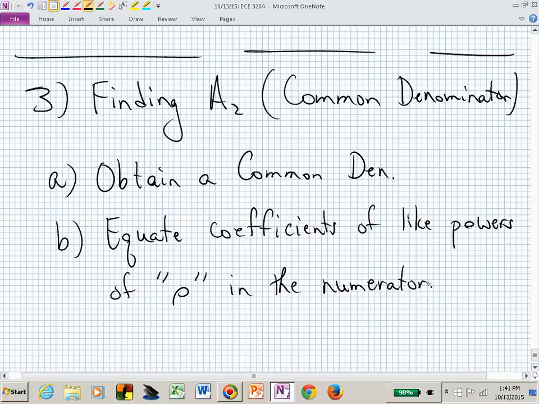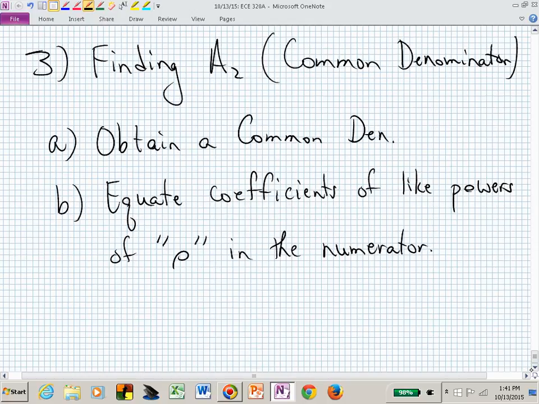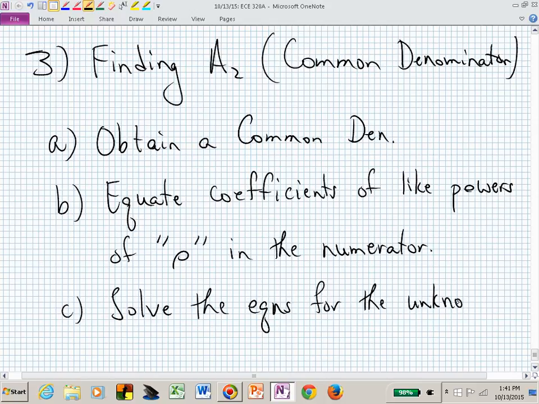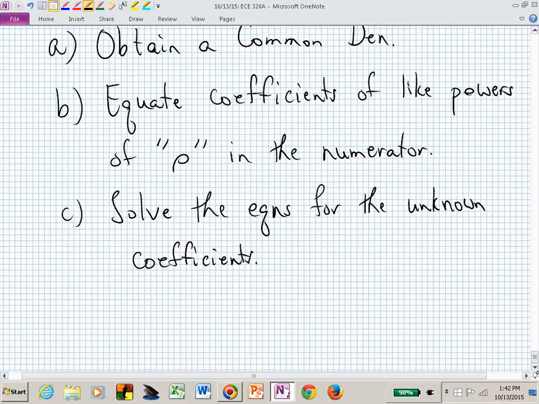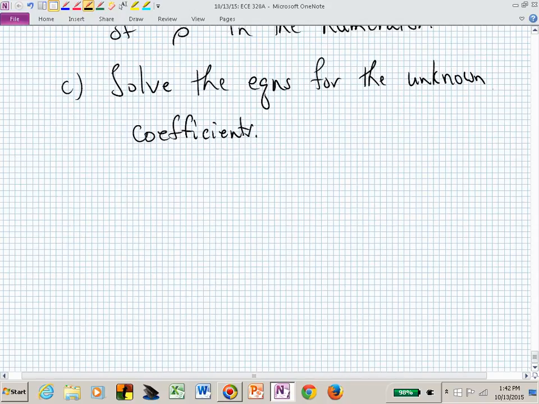in the numerator, and then that's going to give you so many equations and so many unknowns. You solve the equations for the unknown coefficients. Let's see what that looks like in our example,